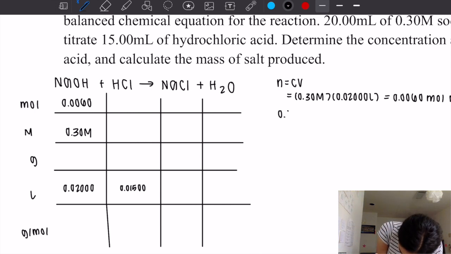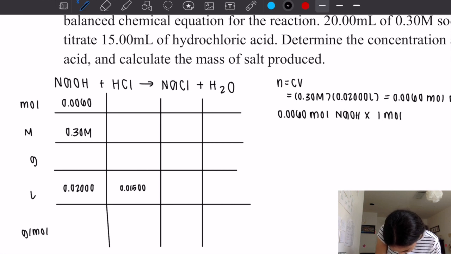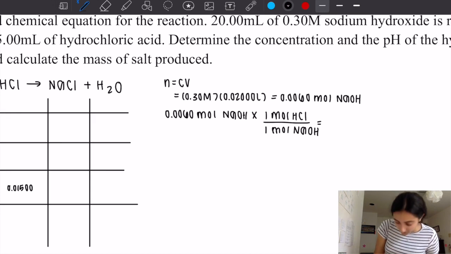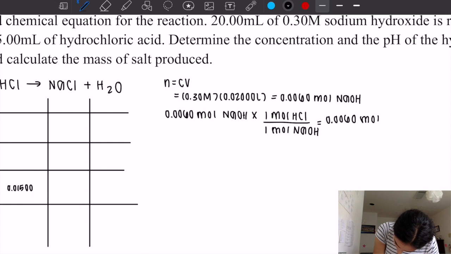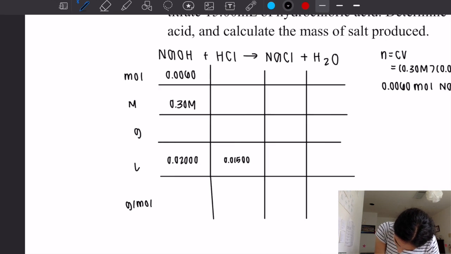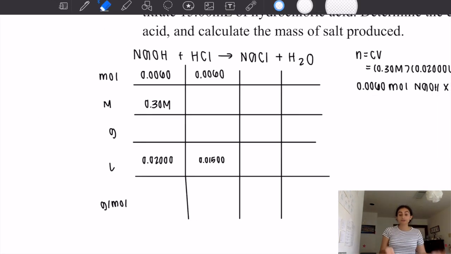So we have 0.0060 moles NaOH times 1 mole HCl over 1 mole NaOH, and that equals 0.0060 moles HCl. So if you notice, we are on our way to basically doing a titration experiment, but with